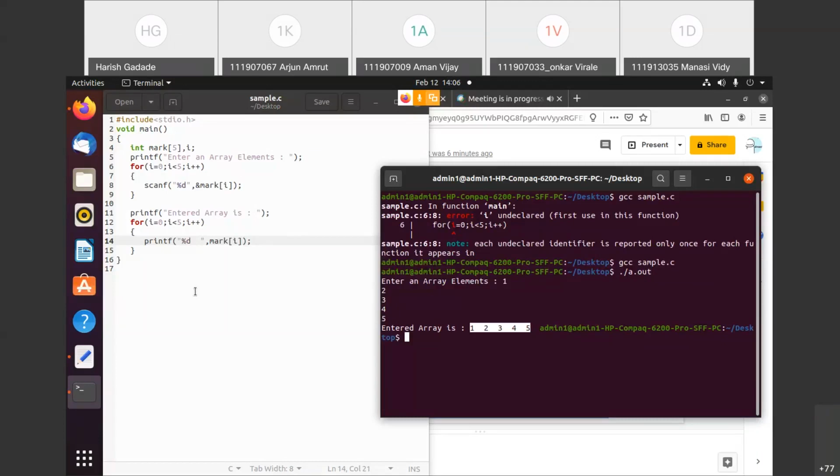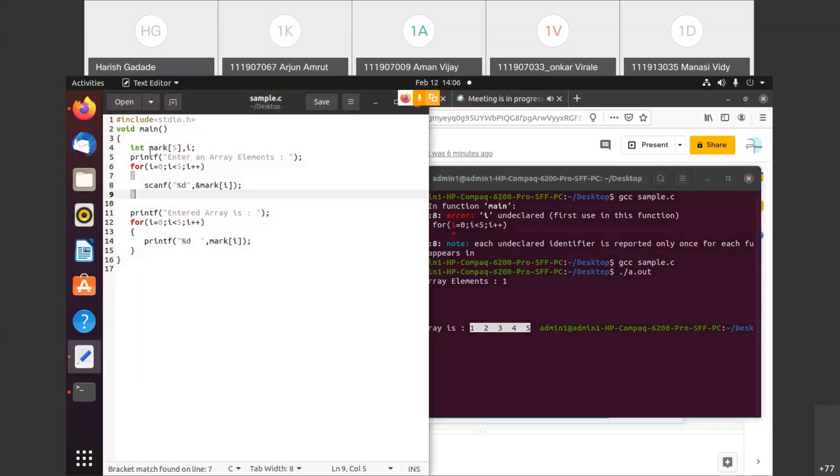Because if you are using single variables, in that case you need that number of variables. Like suppose you want to accept the marks of the 5 subjects, then we need mark 1, mark 2, mark 3, mark 4, mark 5, like this 5 variables we need.